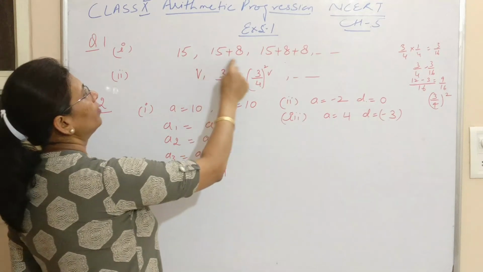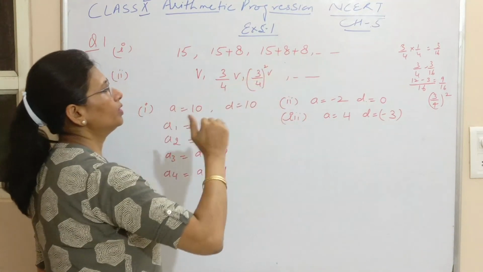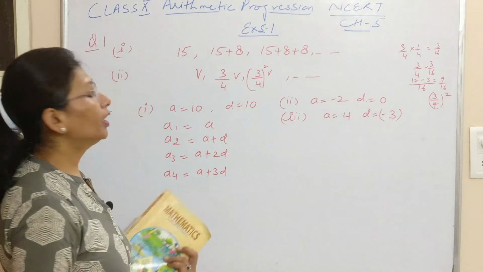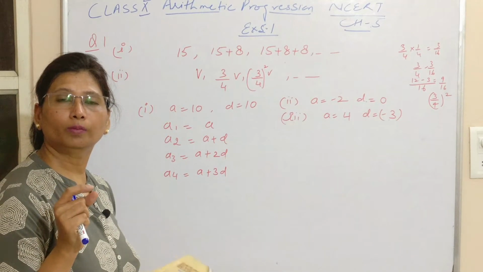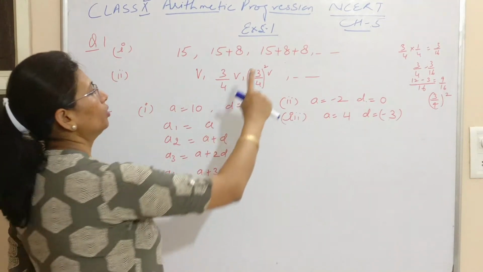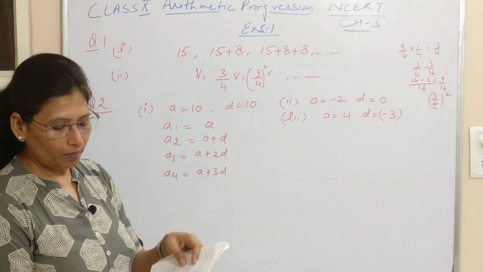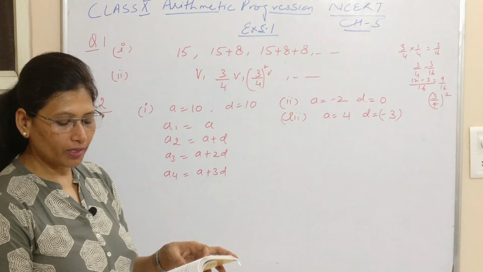So for another kilometer it is 8, for another 2 kilometers 8 plus 8. If you see, the common difference is 8 in all the succeeding terms. So this is an AP. Yes, it's correct. If you move to the second part, it says the amount of air present in a cylinder